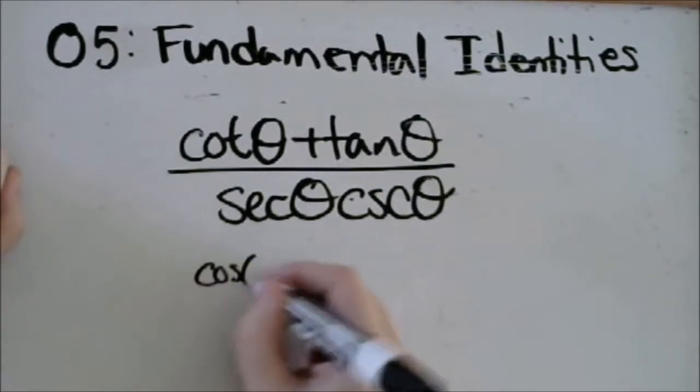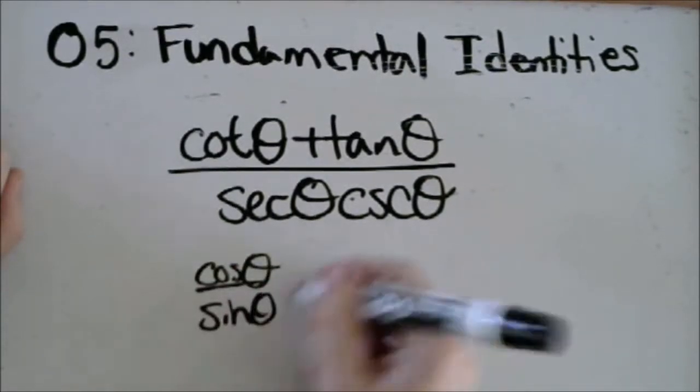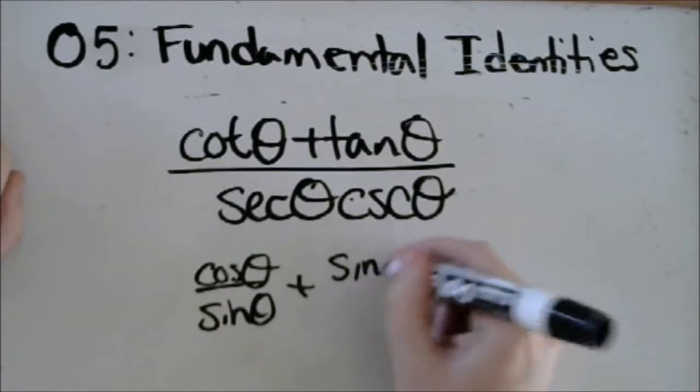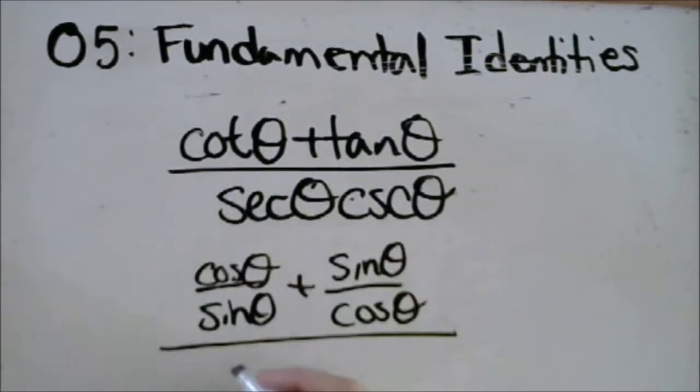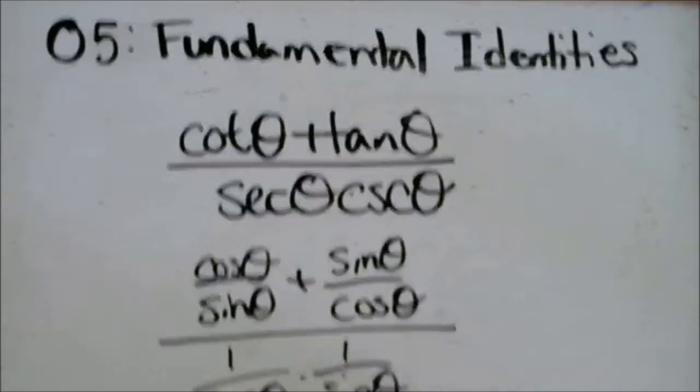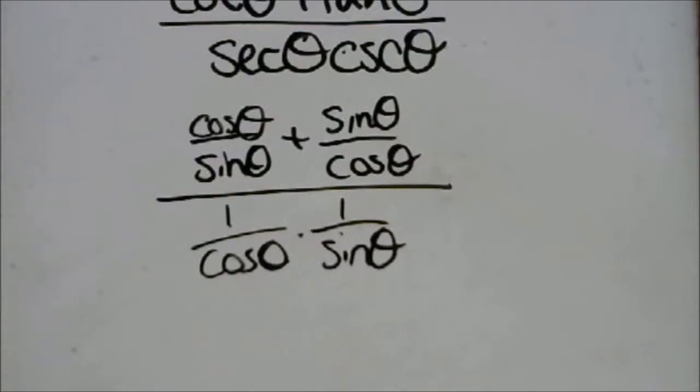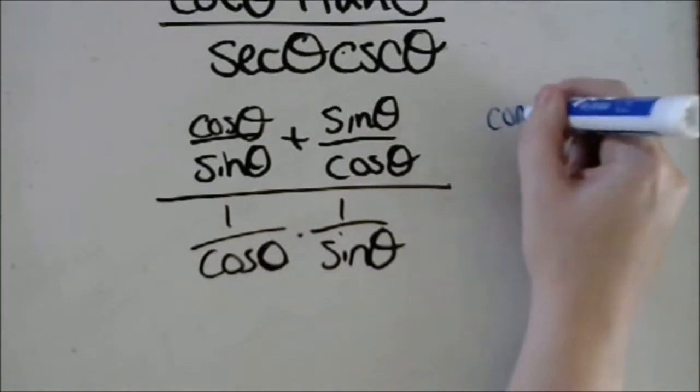Cotangent is cosine divided by sine. Tangent is sine divided by cosine. Secant is 1 over cosine. And cosecant is 1 over sine. Here, we need to pull out a few more strategies. For example, I can find a common denominator